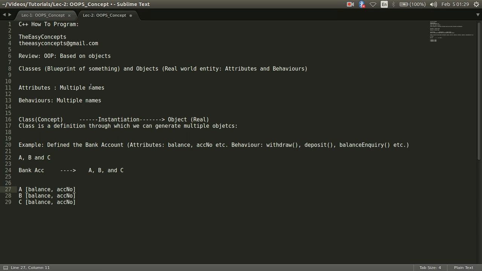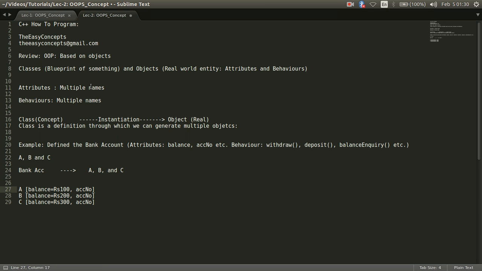A could have 100 rupees as balance in his account, B could have 200 as balance, or C could have 300 as balance.